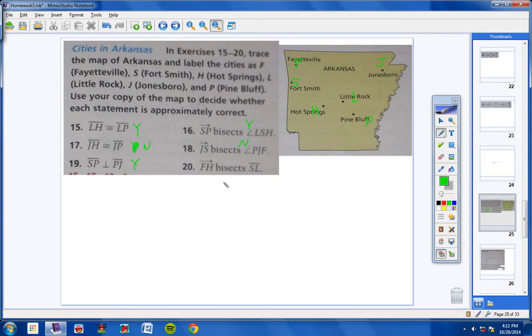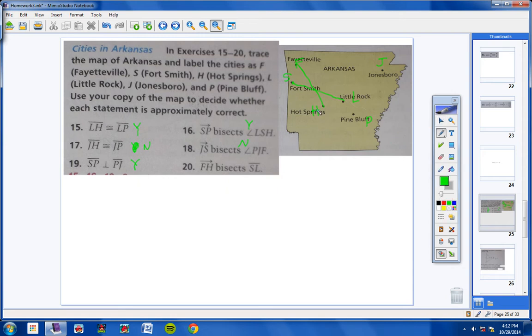And then lastly, does FH bisect SL? So here's SL right here. And does FH bisect it? Well, here's FH. That actually looks pretty good, students. Let me show you why. Watch this carefully, okay? Look. Remember,